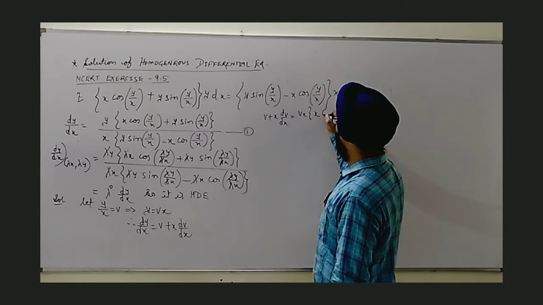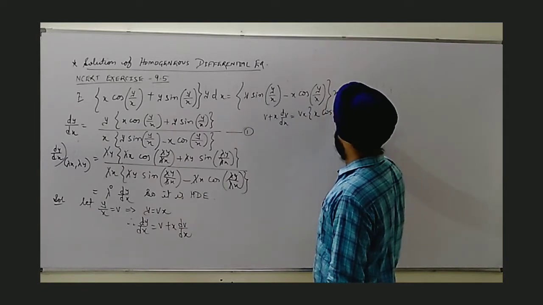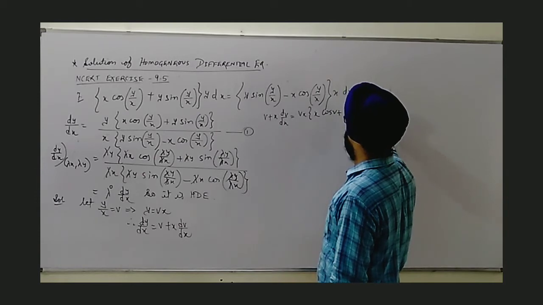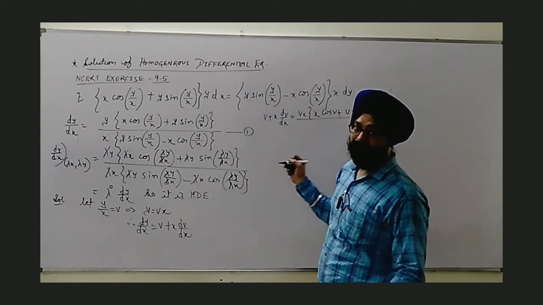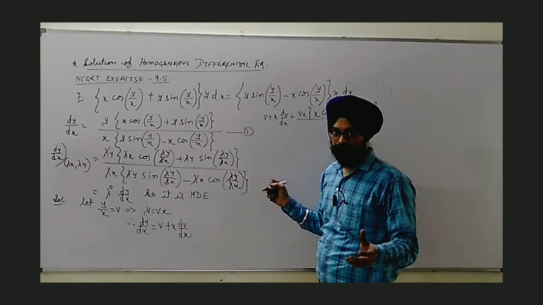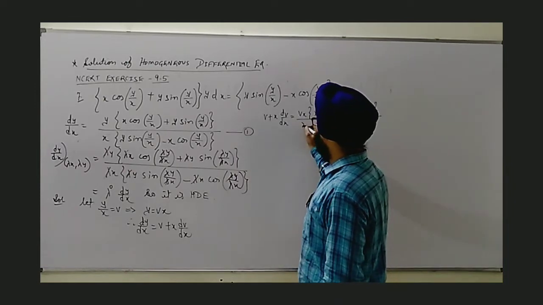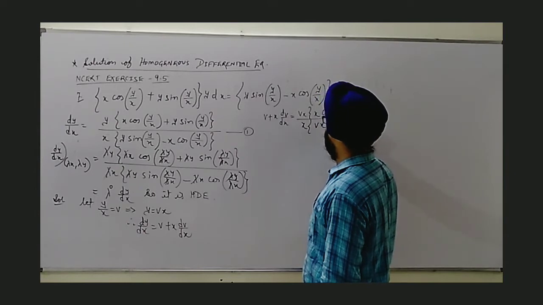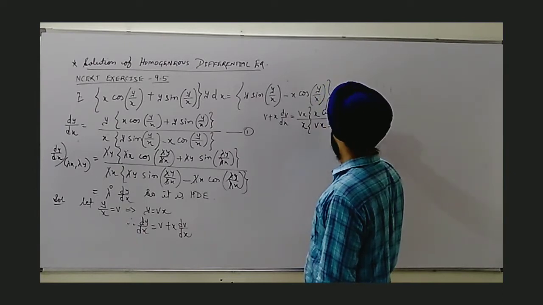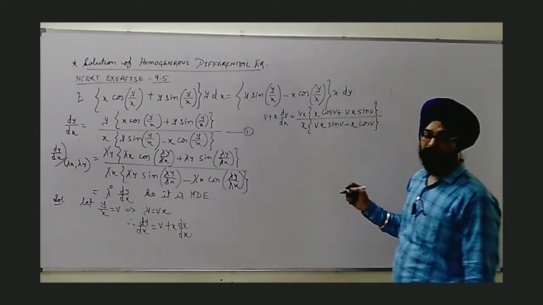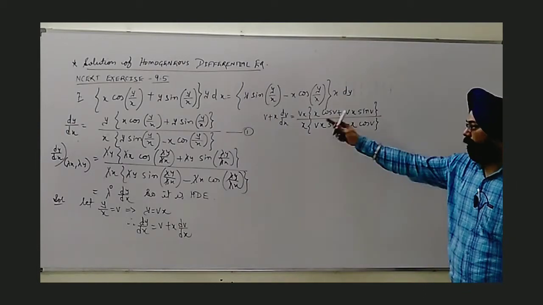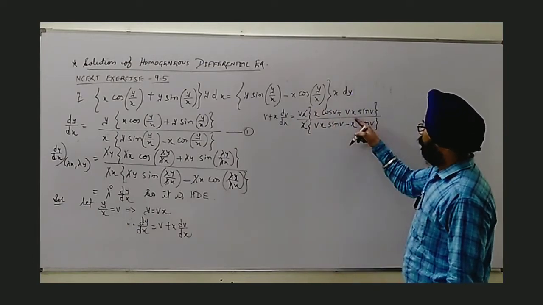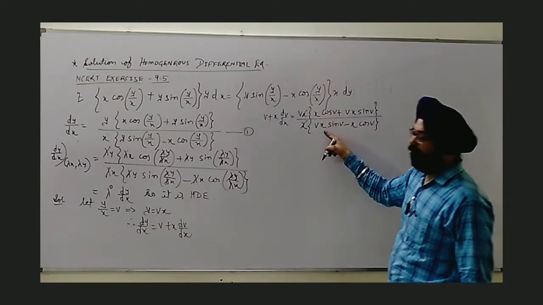So we write here cos v plus y again, it is vx sin v. In place of theta, actually we are given this p by q form. Be careful. Next, x as it is, vx sin v minus x cos v. What happens? What is the change? The same thing. All terms of x will be cancelled out. You can check. These x cancel out. x is common in numerator and denominator.